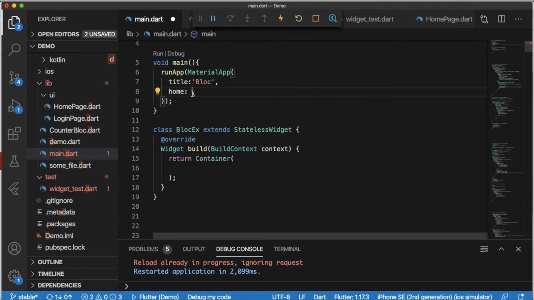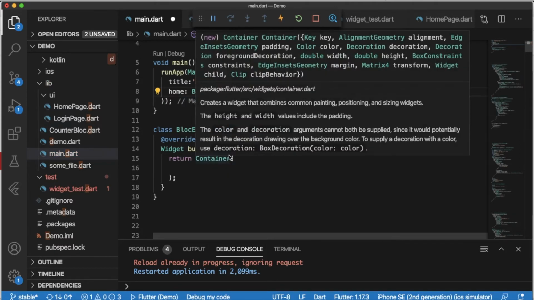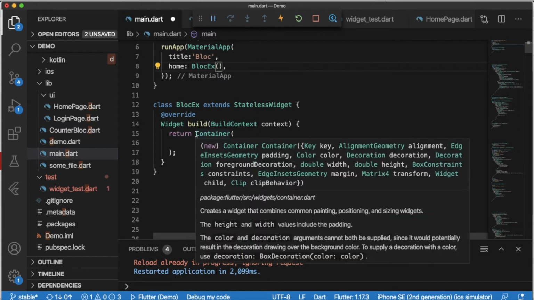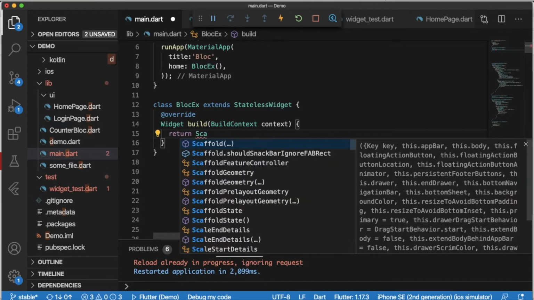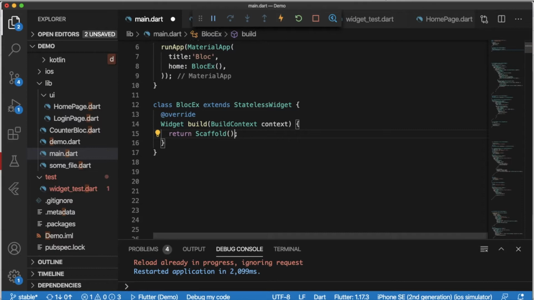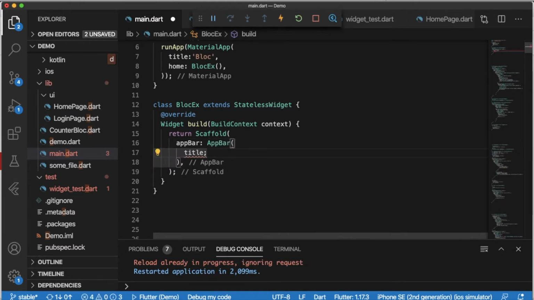Then in the home I will pass this stateless widget object, and in this stateless widget I will use a Scaffold, and the Scaffold will have the AppBar. The AppBar will have a title of a Text widget. I will give it a title of BLoC Pattern.